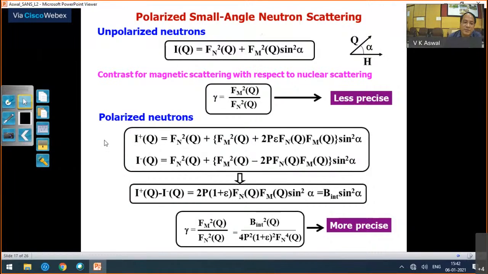And what is important is when you subtract, I plus minus I minus q, you get a term where your nuclear scattering is now multiplied with the magnetic scattering. So even though you have a weak scattering from the magnetic part, it gets multiplied with the nuclear part. So you are not directly measuring FM, but you will now measure FM through this term. So this gets enhanced. So in that case, whatever contribution